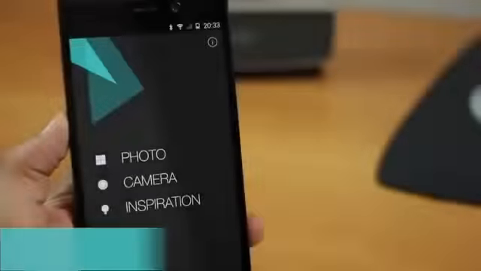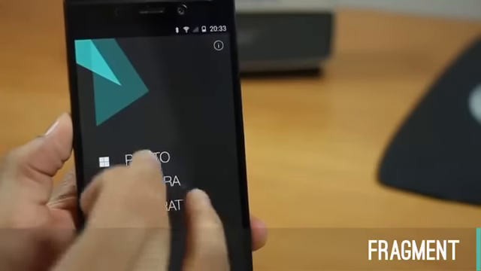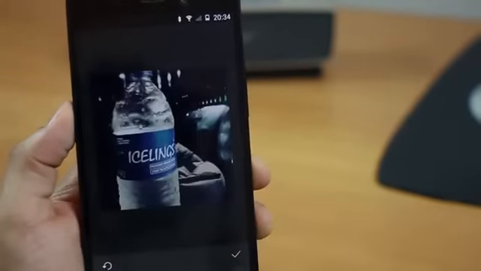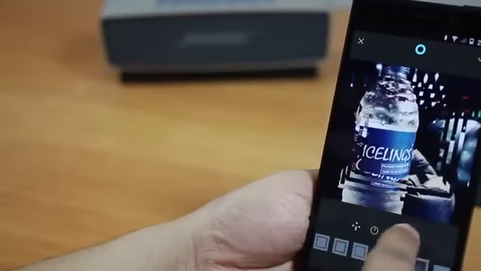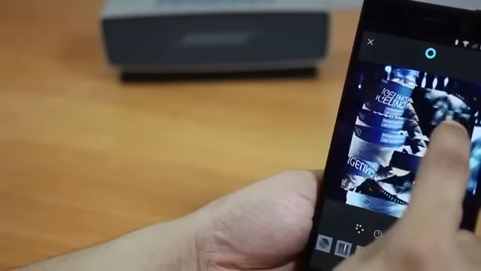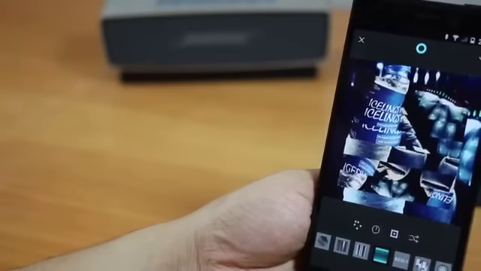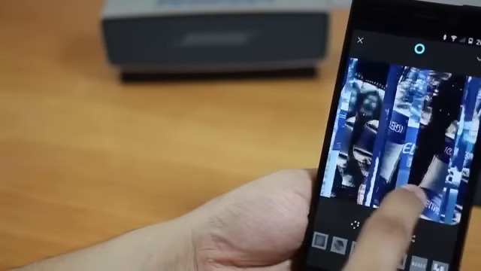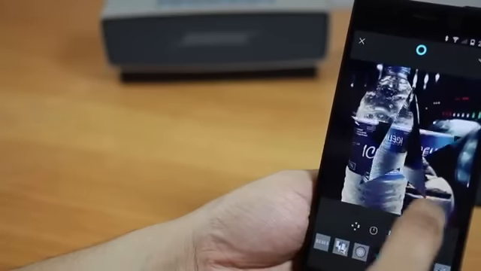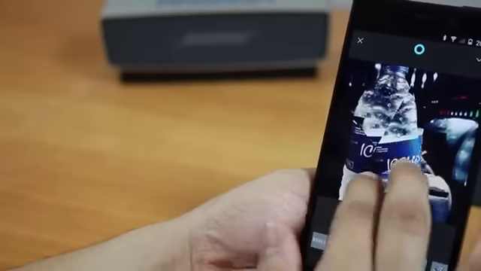The sixth app I want to talk about is called Fragment. Now, with Fragment, you have the power to transform any image into a totally unique prismatic art. And you'll probably want to share this on Instagram or Facebook a lot, and people are going to be like, how did you do that? So it's amazing. I mean, it just gives a very different artistic bend to your images, makes them really interesting, and it's fun to use because you don't know what's going to come out.